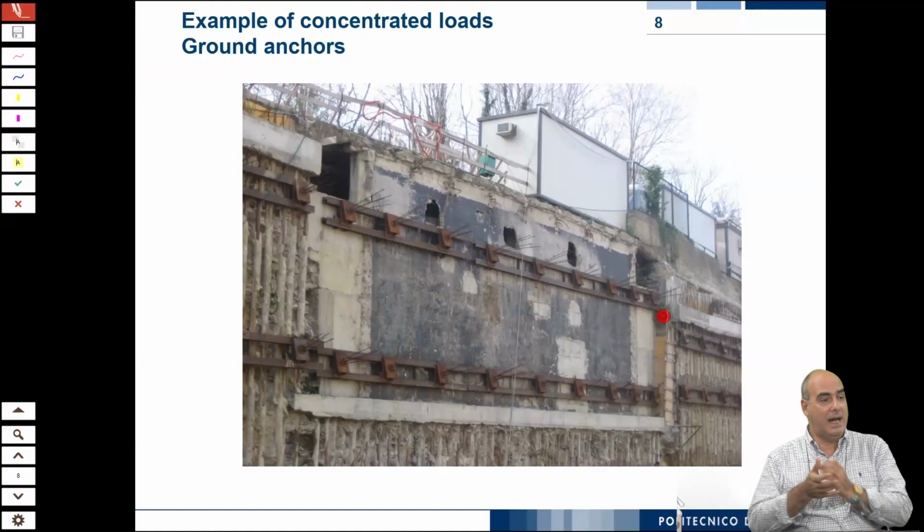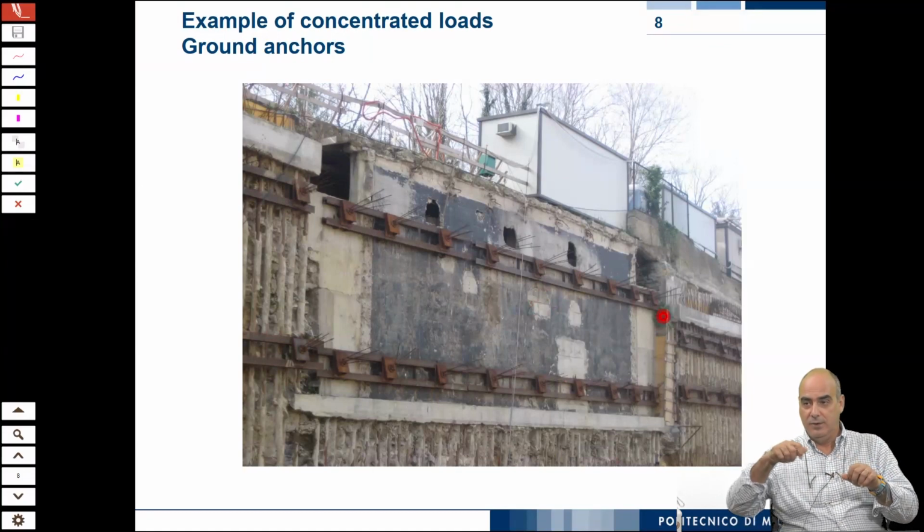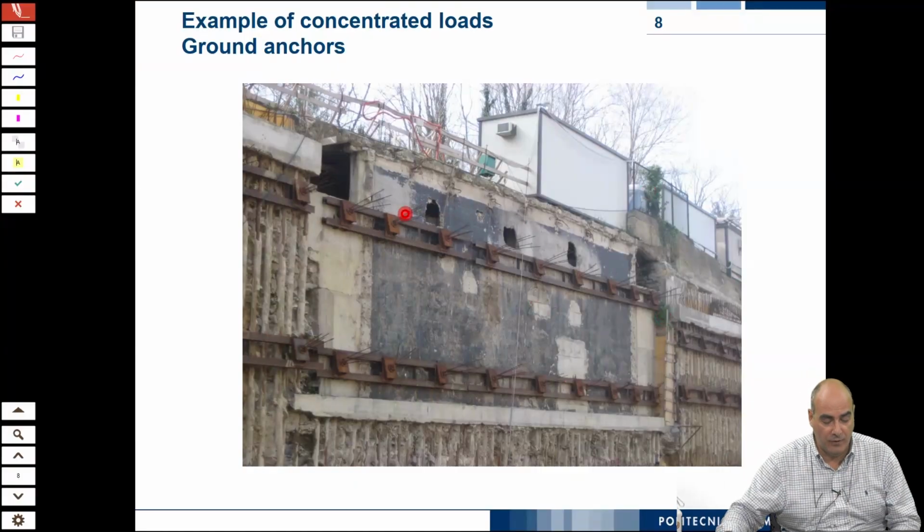And so sometimes you also need to consolidate the soil, and you do so by drilling a hole and putting in some tendons. You apply tensile force and then you inject. Well, this concentrated force here,